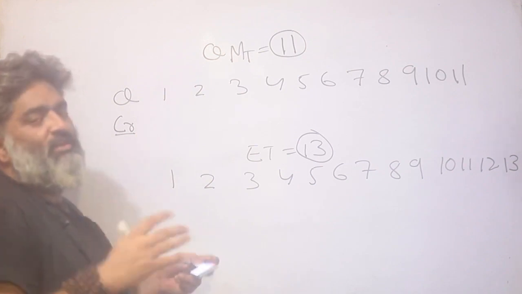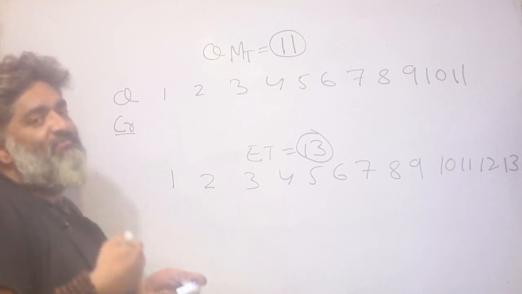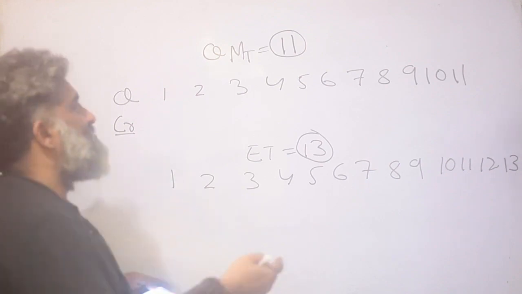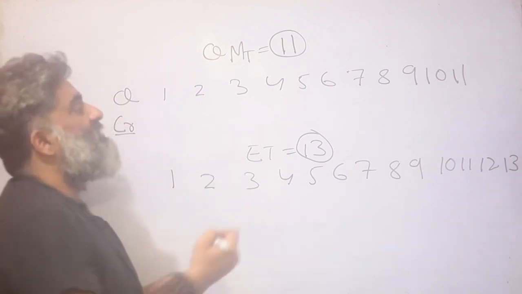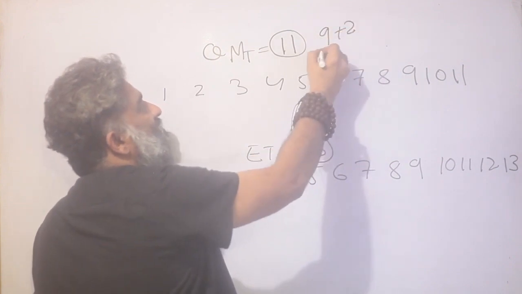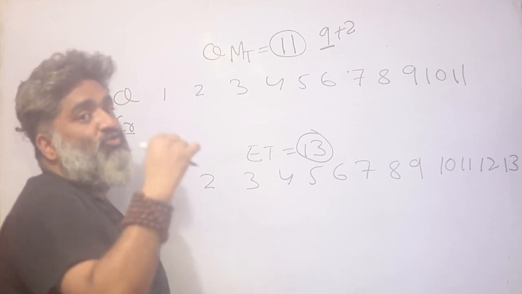But don't worry about it. The first rule is enough for me to start with, that I will have all the 5-mark questions in one go, then the 10-mark questions, and then the 15-mark questions. But before proceeding, remember that this 11 is made up of 9 plus 2, 9 questions that are already fixed and 2 extra questions. But remember, this 2 has a problem.